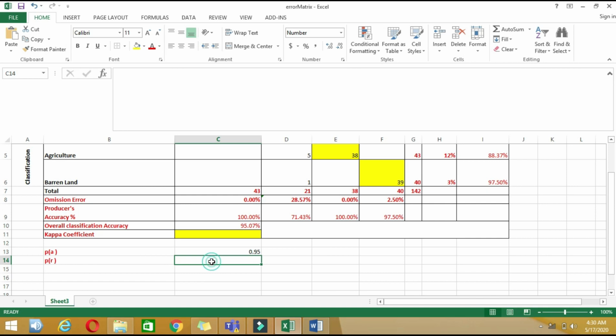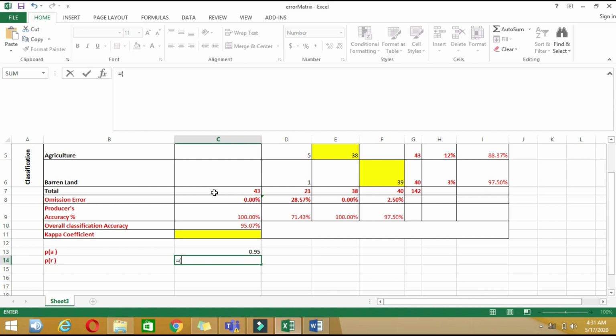So how we will do it basically is, we take our column total divided by total reference sites, and we take the row total divided by the reference sites for each class, multiply them, and then we will add them. So let's do it.